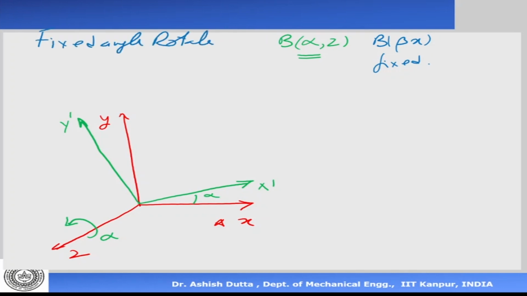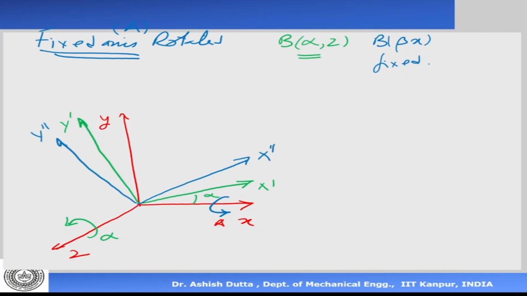And we are going to rotate always about the fixed axis, the fixed axis rotation, not fixed angle, sorry, fixed axis rotations. We are always going to rotate about the fixed axis. So my second rotation also will be about the fixed axis, which is my frame A. The fixed axis is frame A, always, the one that does not move. So second one we are rotating, so what will happen to it, it will come here, x double dashed, this will become y double dashed, and this will become z double dashed.